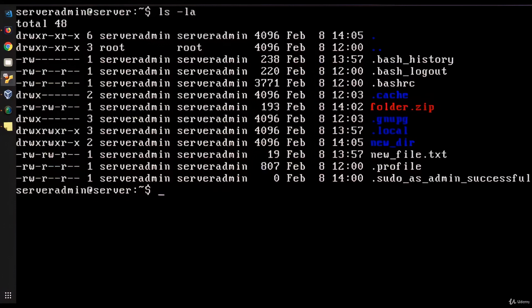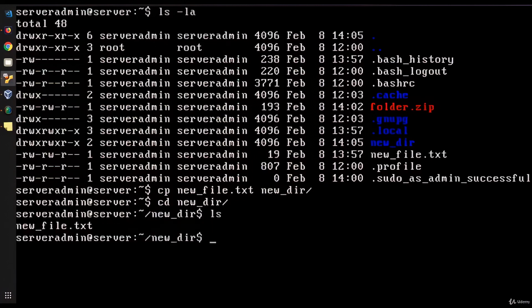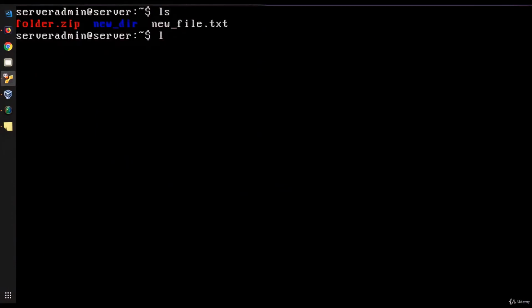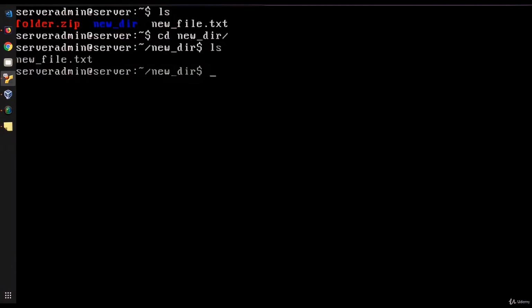Let's see how we can copy a file into this new directory. We can just use the command cp, then type newfile.txt. This is the source file name, and now we have to specify a destination where we would like to put the file. We will specify newdir with the trailing slash. So when we go to newdir, we can see that our file is there. And this way we have two copies of the file in the two directories. If we go again to the newdir and remove the new file,